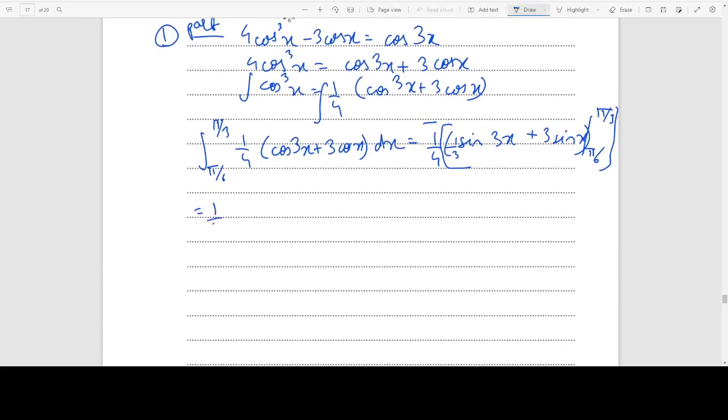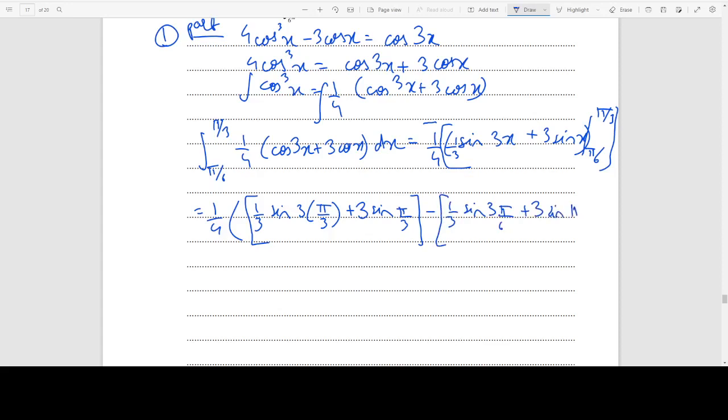So we have 1 upon 4 multiplied by 1 upon 3 sine 3 pi over 3 plus 3 sine pi over 3 minus 1 upon 3 sine 3 pi over 6 plus 3 sine pi over 6. This will give you